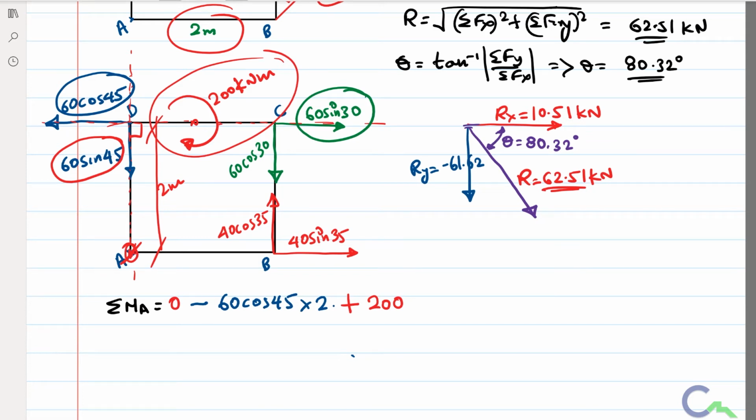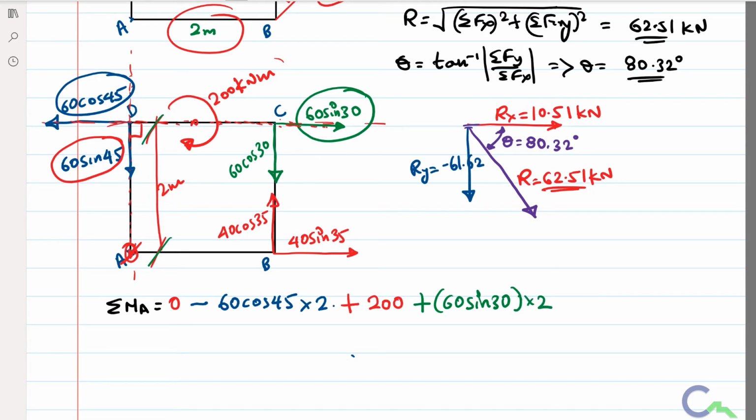If I shift the force along its line of action, I will imagine shifting that force, it is not passing through A, that means it is going to rotate. So just for imagination I will shift that force here. If I apply that force, it is going to rotate in the clockwise direction, therefore that value is positive. Therefore plus 60 sine 30, perpendicular distance, that is 2 meter into 2 meter.